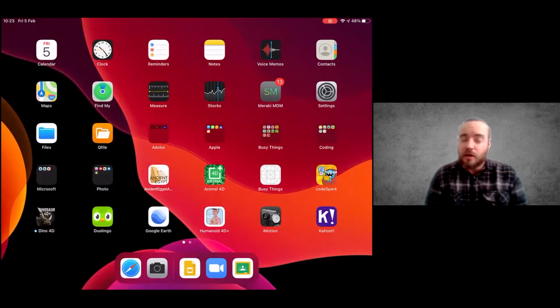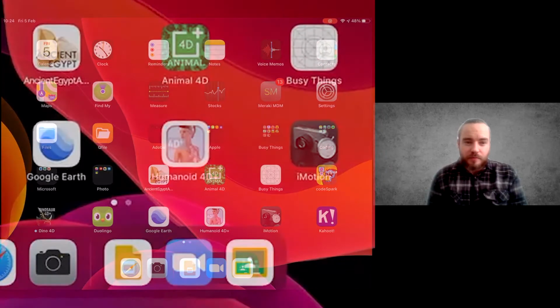Now I know that it's hard for the teachers to make the content work perfectly across all devices, and people are obviously at home, using a different range of devices. So today I just want to show you a few tricks that might help you if you're accessing Google Classroom on an iPad. So to start with, you can obviously access Google Classroom via the Google Classroom app, which we